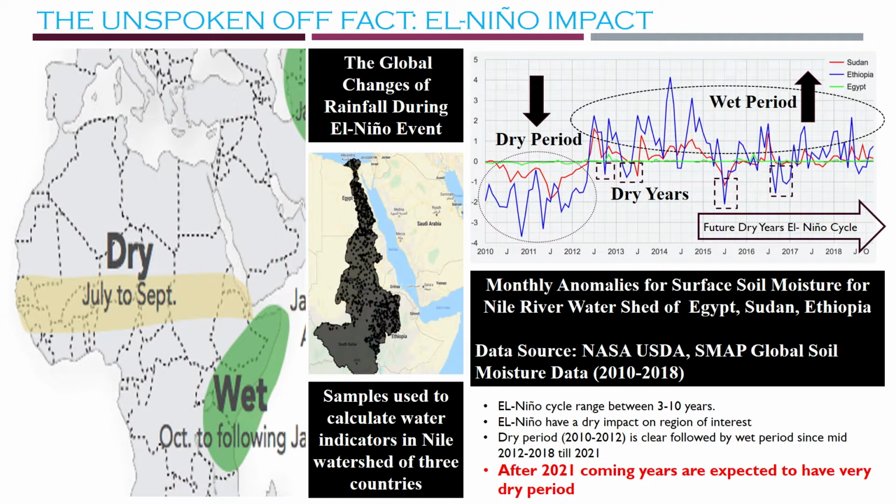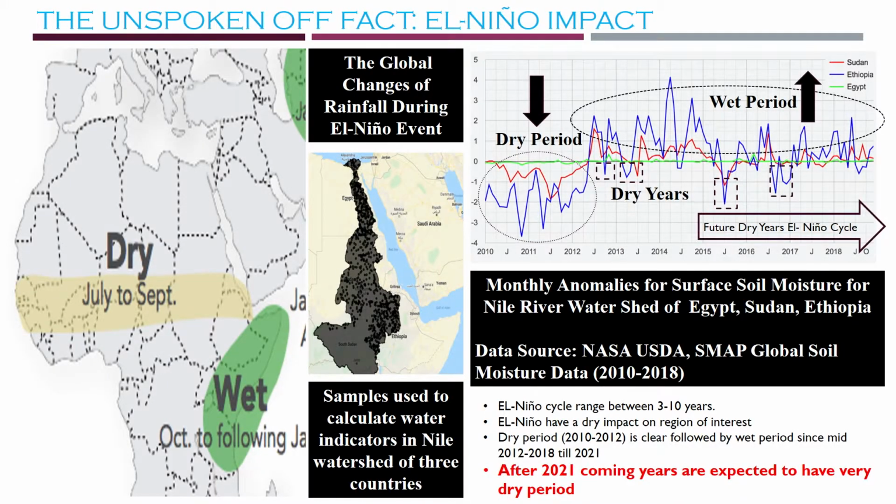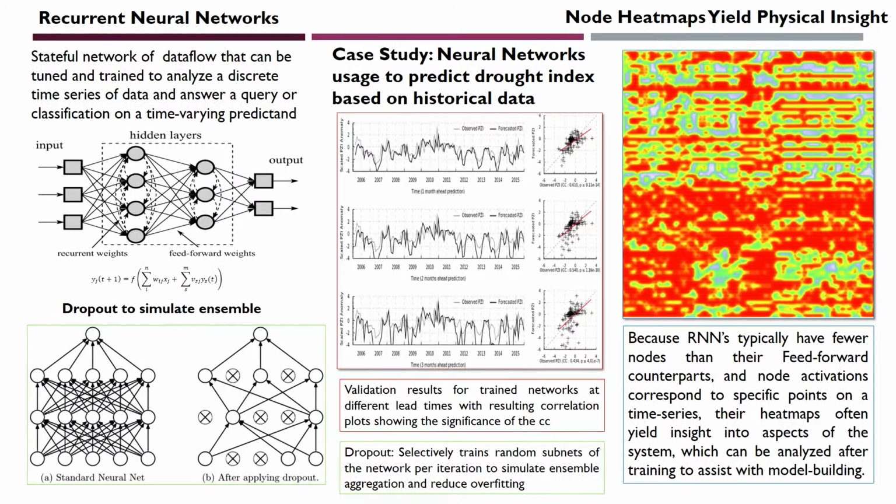And starting 2022, I would say this region is going to be suffering a dramatic drop in water sources, and there will be severe droughts in this region. So moving forward, the El Niño cycle is going to kick in again, and you are going to be hit by a very dry period. Taking all of that, I have one more slide.